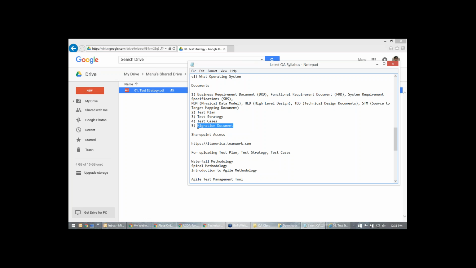Then you need to do a lot of data scrubbing, data morphing, data cleansing, all those things. After doing all that, you put it into the Oracle database. All this information, which you are trying to migrate into another database, you need to put into the migration document. Normally it doesn't have to be a separate document, but it's just in case. Normally if you have the documents, then you will have this migration document.